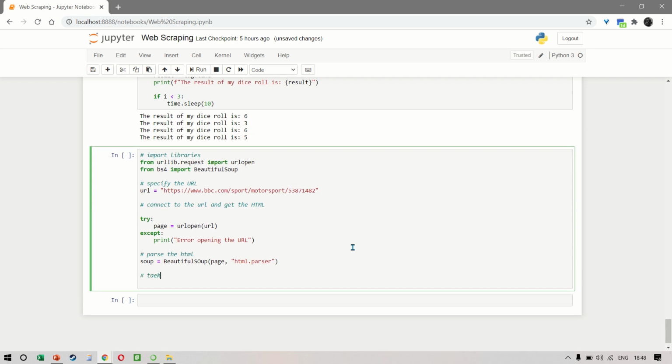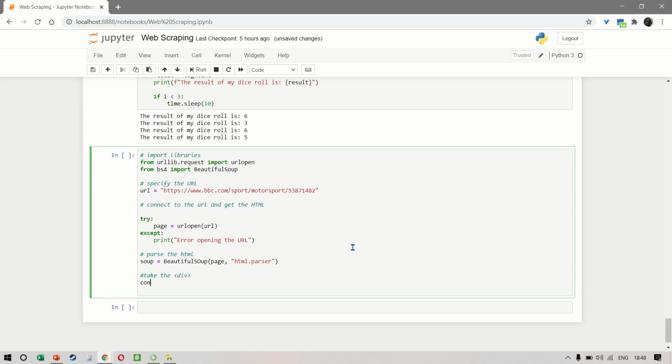We also want to take, in fact we want to take the div tag. So we want to create a variable called content and then we do soup.find. So we are searching for a div and our class